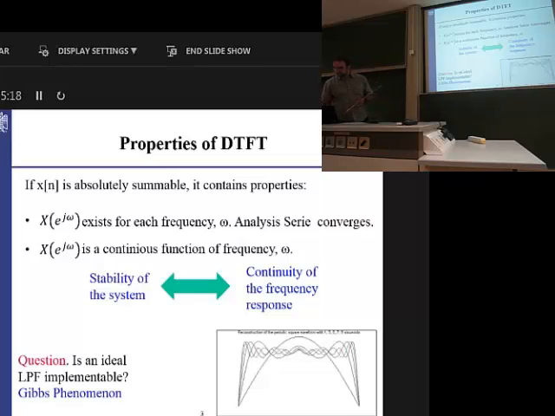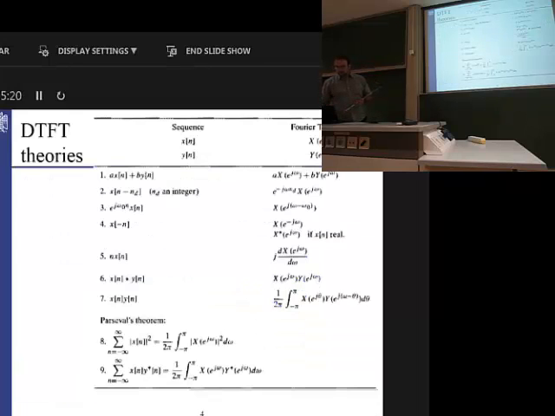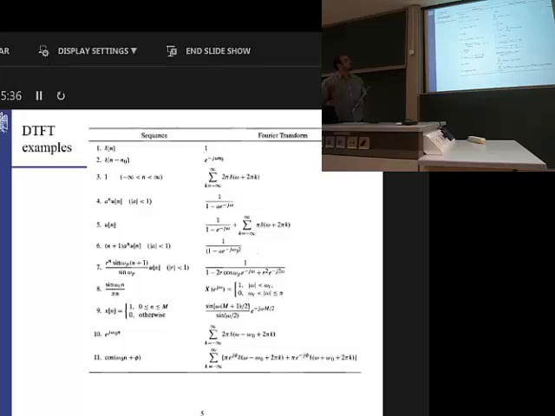We went through some very general sequences and the corresponding Fourier transforms. The Parseval theorem is something very useful. I repeated it here just to remind us for some future lectures. And here are some of the pairs, the DFT examples. We can take a look at the second row and the 10th row,